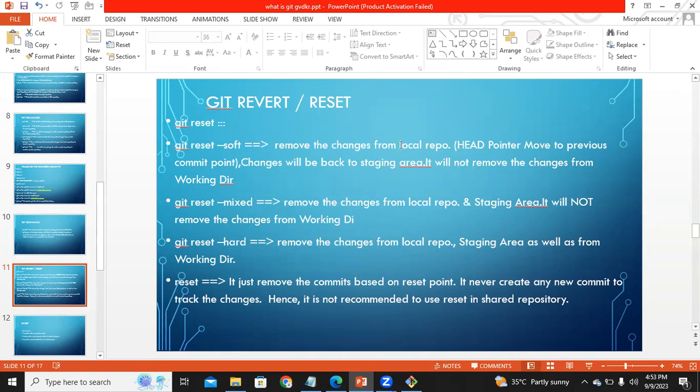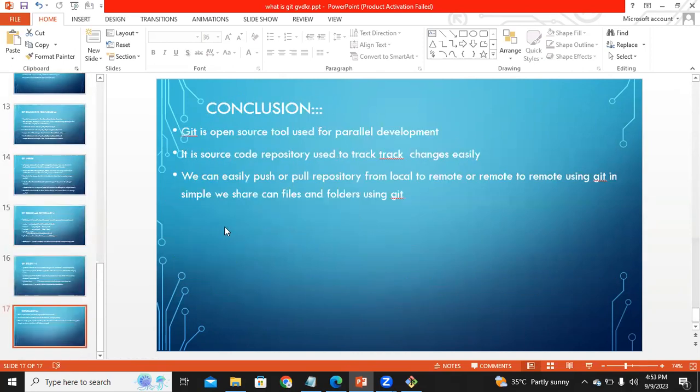Git reset soft removes the changes from the local repository. Changes will be back in the staging area. It will never remove the changes from the working directory. Git reset mixed command removes the changes from the local repository and staging area. It will never remove the changes